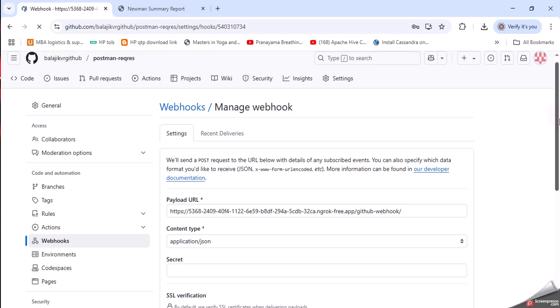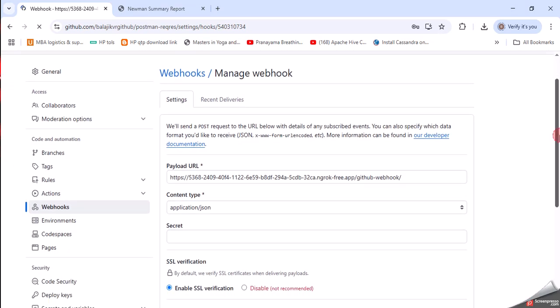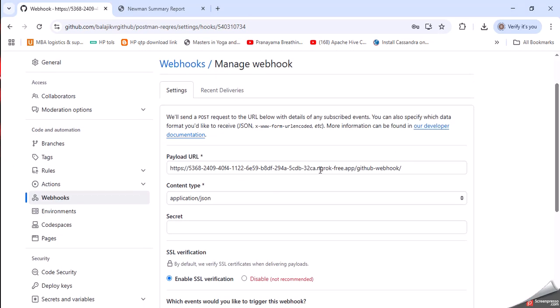So after logging in with the password of a GitHub account, I have given a payload URL here,